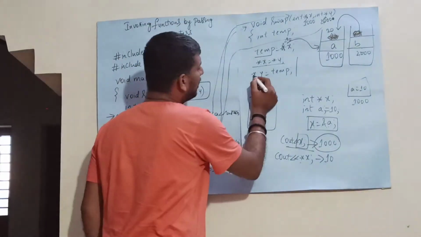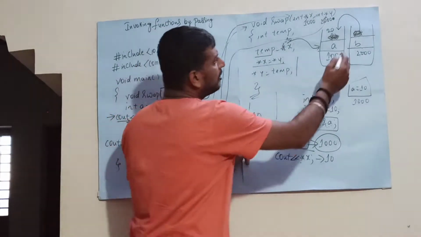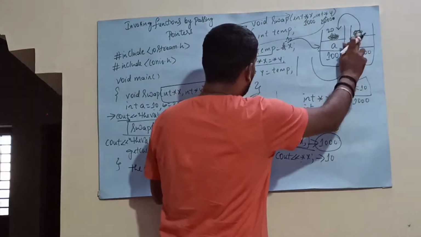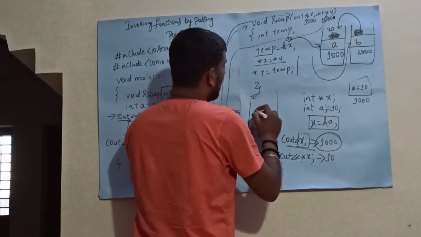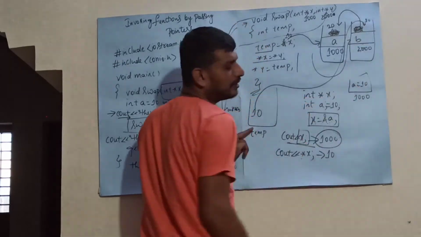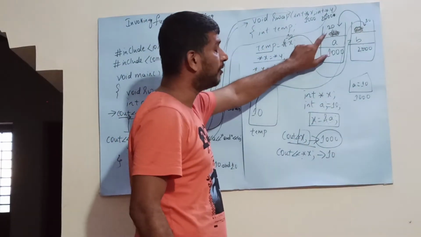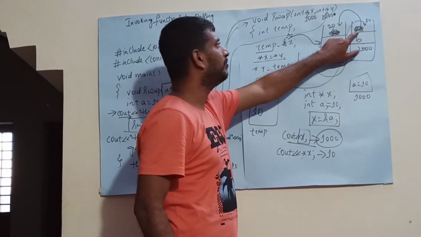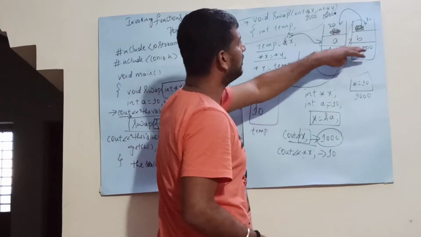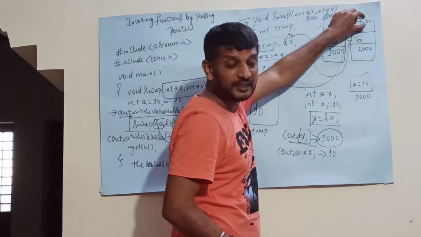Again, what I am doing is *y = temp. So, *y is pointing to B. B is not having any value. For that, I am transferring the value from temp. So, this value becomes 10. Initially, the value of A was 10 and the value of B was 20. After swapping, you are interchanging the values. That is, the value of A is becoming 20 and the value of B is becoming 10.